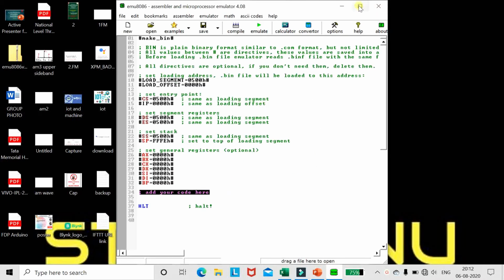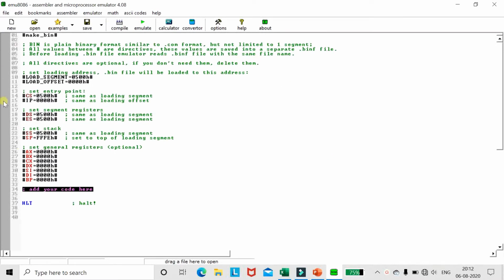Then you are getting some registers which are available and initialized with default memory addresses, like code segment is initialized with 500H, IP with 00, then DS with 500, ES with 500, AX, SI, DI with this memory location. So now I am initializing SI with the memory location 2000.